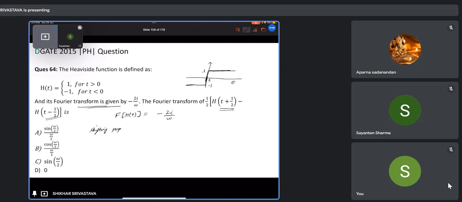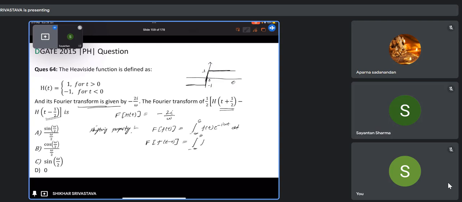So simple 3-4 lines derivations. For example, if the Fourier transform of any function f of t, we already know, is given by the integral from minus infinity to infinity of f of t e to the power minus I omega t dt. And if we just displace or translate this signal, or shift the signal by some constant amount a, then